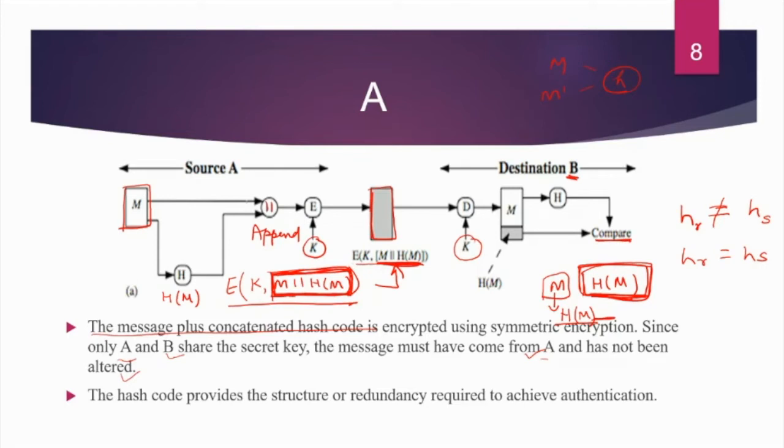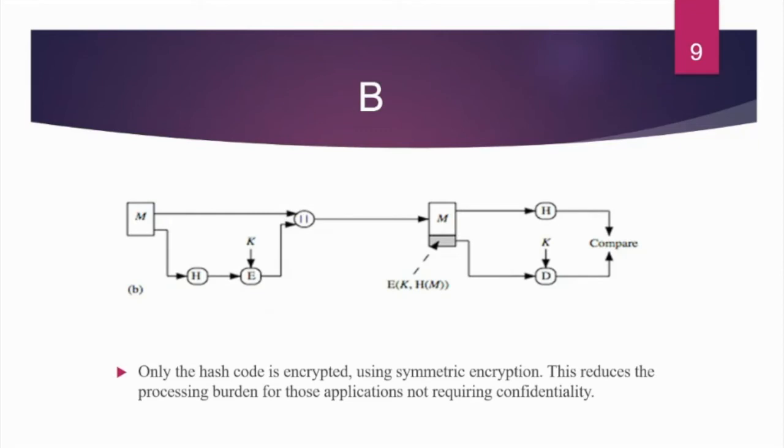Okay. There is another variation for this, where we will have the plain text message and we will compute the hash value out of this message, right? So we will compute h of m. Now only the hash value will be encrypted instead of the entire message or the entire message appended with the hash code. Only the hash value will be encrypted using a key. And that encrypted hash value, please mind it, will be attached with the plain text message.